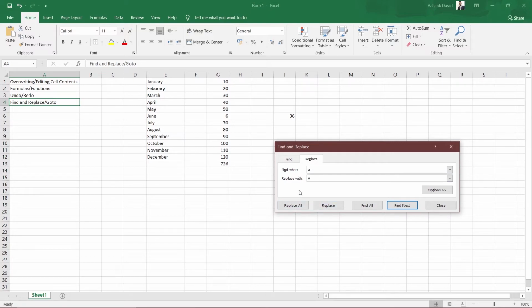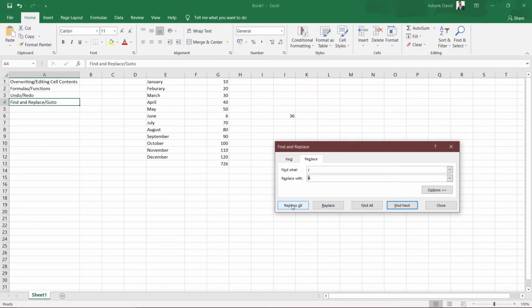Let's say we will be finding Y and replacing Y with A. If I click on Replace All, it will find all the places where Y is present and replace all the Y's with A, all at once. But if I click on Replace, just like Find Next, it will replace them one by one.